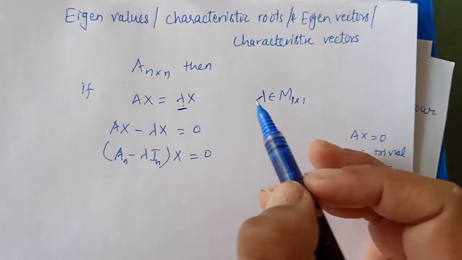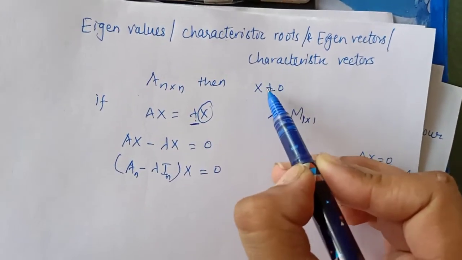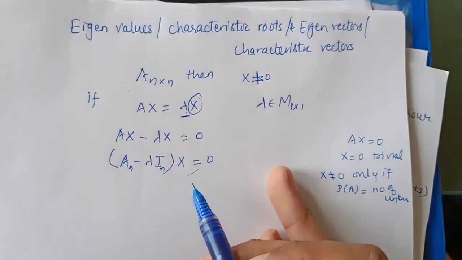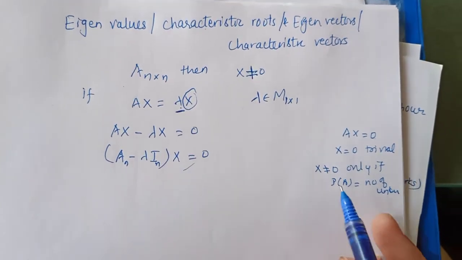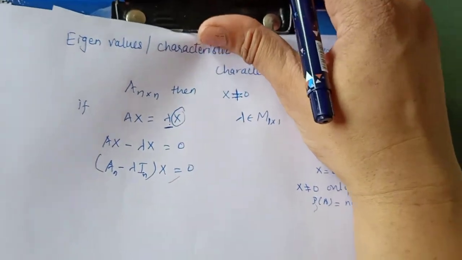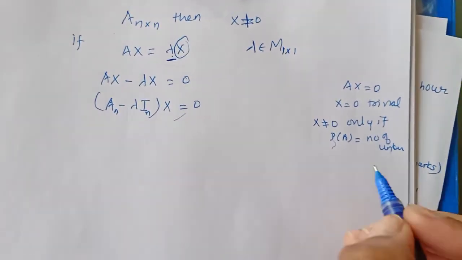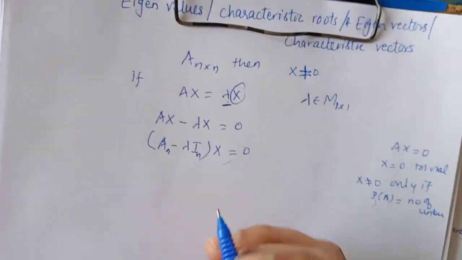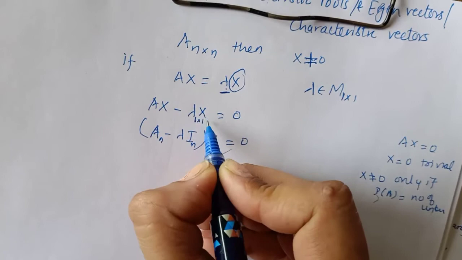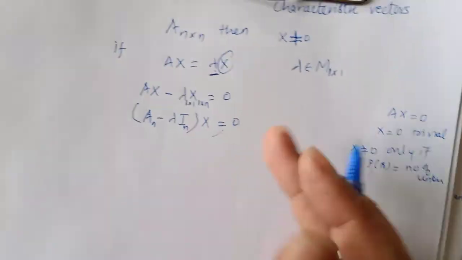Let me say that this vector, it is always non-zero. Please remember, this eigenvector, it always has to be non-zero. Since we would need a non-zero vector x, so we will always consider this case, the case of non-zero vector in case of a system of homogeneous equations. That is the case when rank is less than number of unknowns. So this x, since lambda is of order 1 cross 1, x will be of order n cross 1. Only then this matrix multiplication is possible.